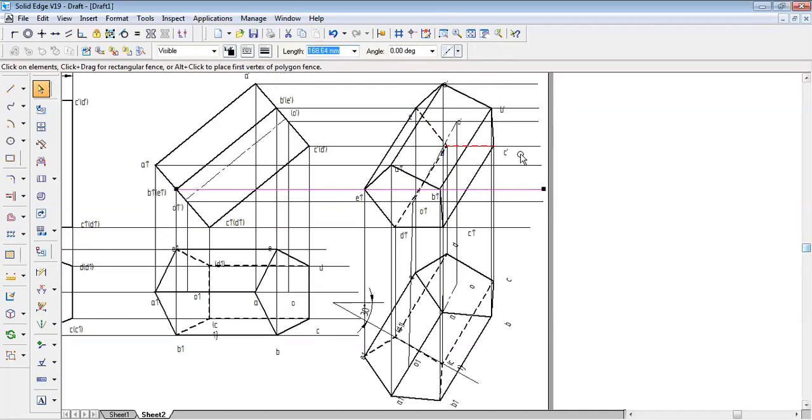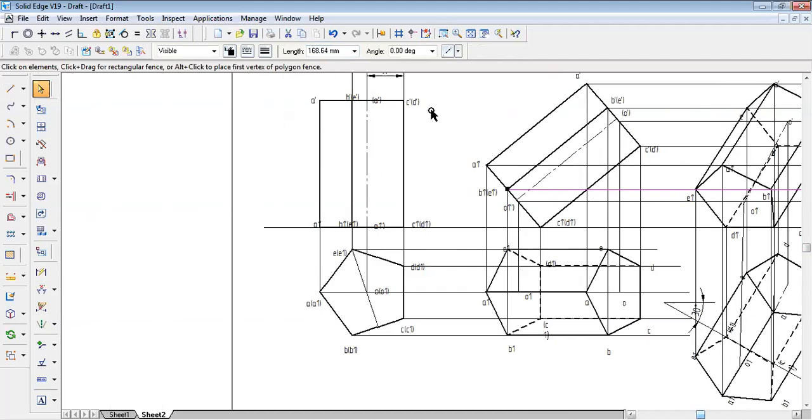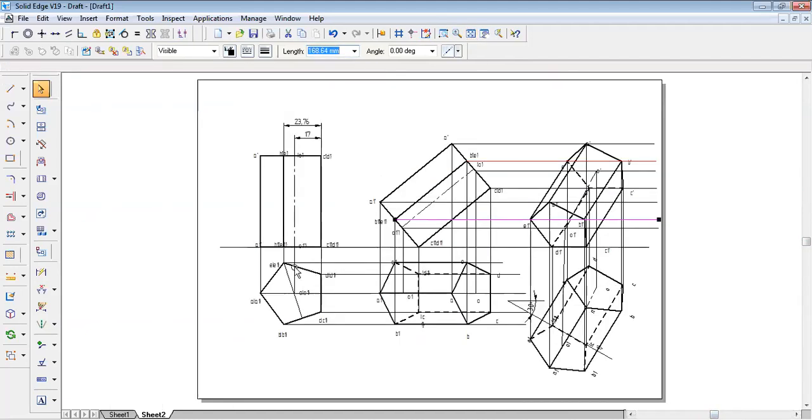So the other lines will be visible. So D is nearer. D should be inside the bracket. D dash should be inside the bracket. All the lines connecting D should be hidden. Okay. So this is about the resting on corner and base edges making VP angle. Same problem